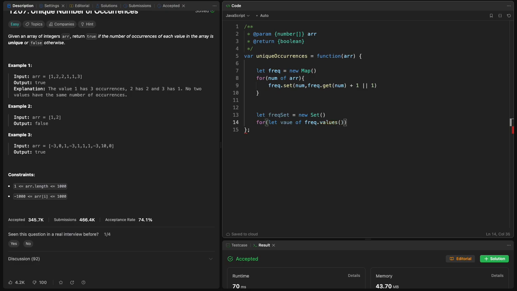Right now, the values are the frequencies. Basically I'm getting all the values, all the frequencies. So I will say frequency set dot add the value, and the set only accepts the unique values, it doesn't accept everything different. So I expect that if they are a unique array, if the occurrences are unique and there is no duplication